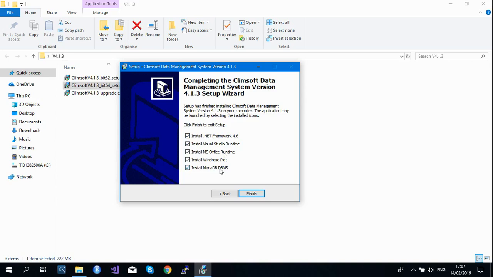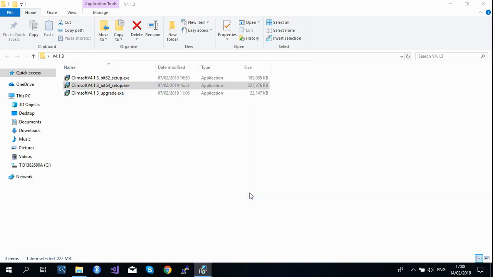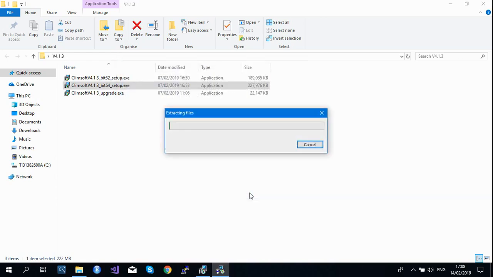In case you have the database already installed on your computer, you don't need to tick the last option. Otherwise, if you don't have the database, you can just leave it and finish. If you click Finish, the system will start installing these applications one at a time, automatically, of course. Finish to start the installation.